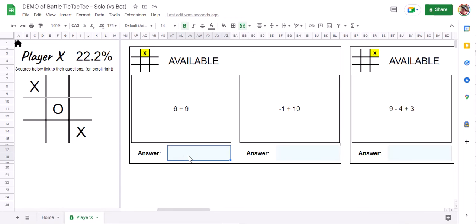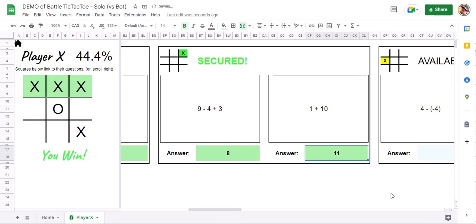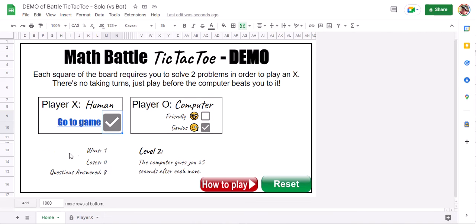So we will make a move. Still have a fresh 30 seconds here. Scroll to the right a little if it didn't show up completely. So 9 minus 4 is 5, plus 3 is 8. 1 plus 10 is 11. I win. If we go home using either the home button here or the tabs below, you can see it